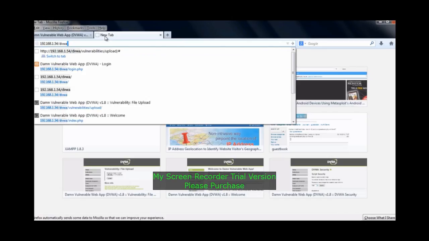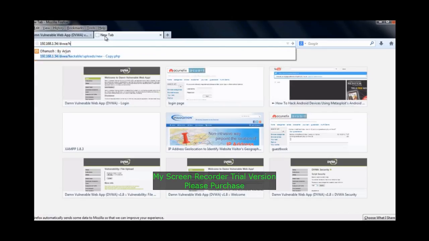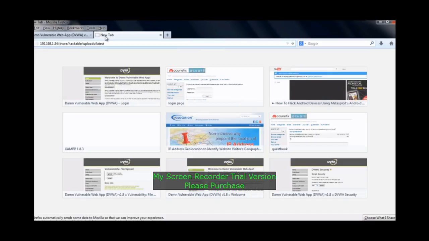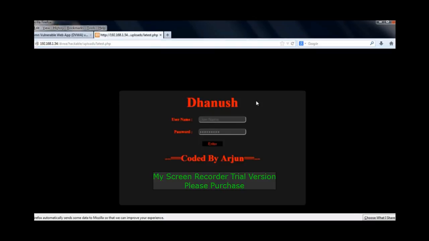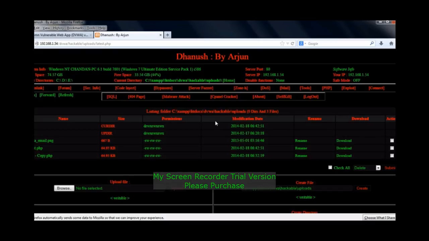So typing in the URL such as dwwa/hackable/uploads/latest.php, which is the file that we have injected, and it has gone into this directory of the server. You can see that we get an interface for the shellcode. Typing in the default username and password for the shell, which we can change of course via the text editor, we can see that we have gotten access